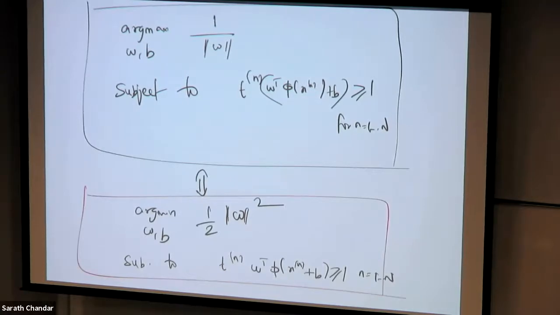Now you can also do the min version of it: argmin of W squared subject to some constraint. Now this problem that you are seeing is actually one of the standard problems in optimization. This is a quadratic programming problem because you have a quadratic function that you want to minimize, subject to linear inequality constraints. Now there are efficient solvers available to solve quadratic optimization problems.